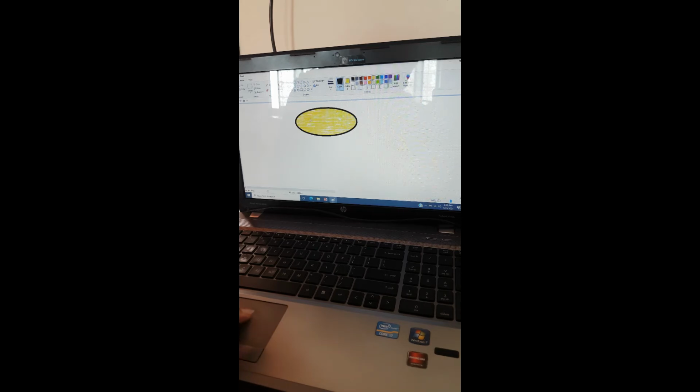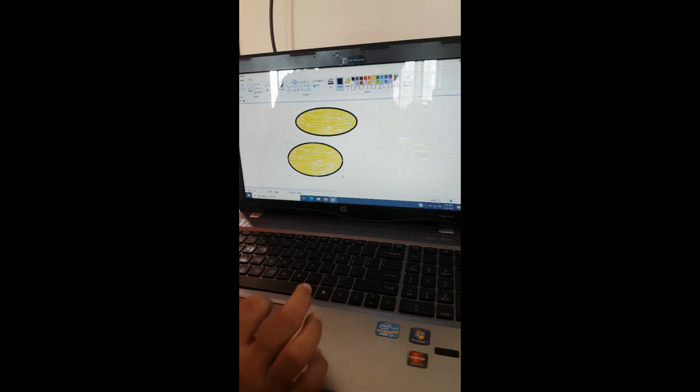To draw a perfect circle, you can press the shift key and hold it, and draw a perfect circle. Press the shift key and hold it and draw a perfect circle like this. Got it? That is how to draw an oval and circle in the Paint application.